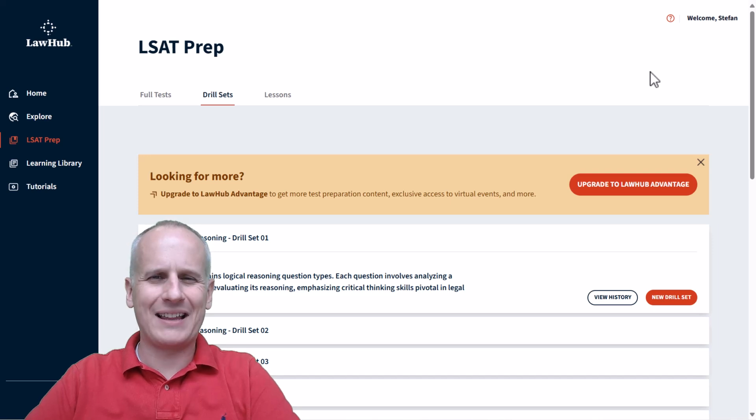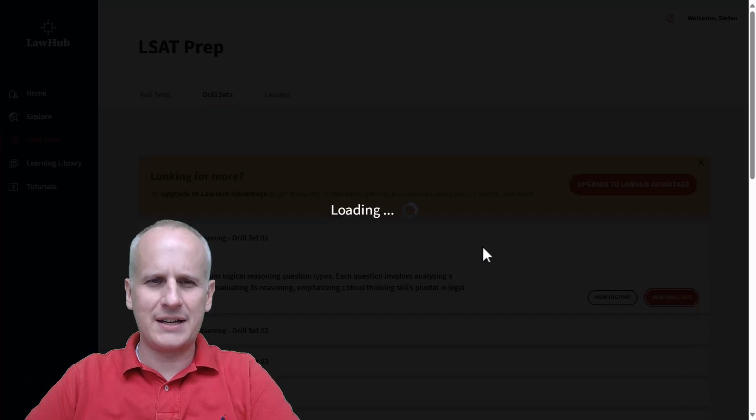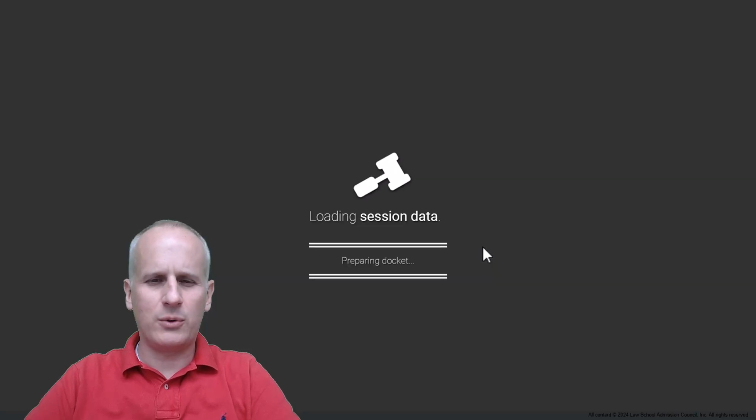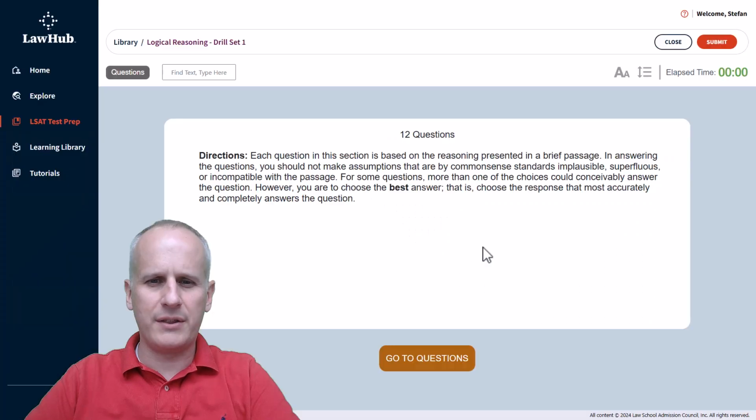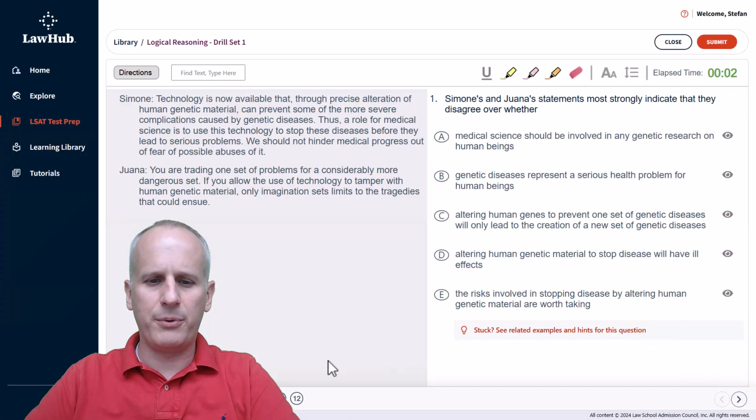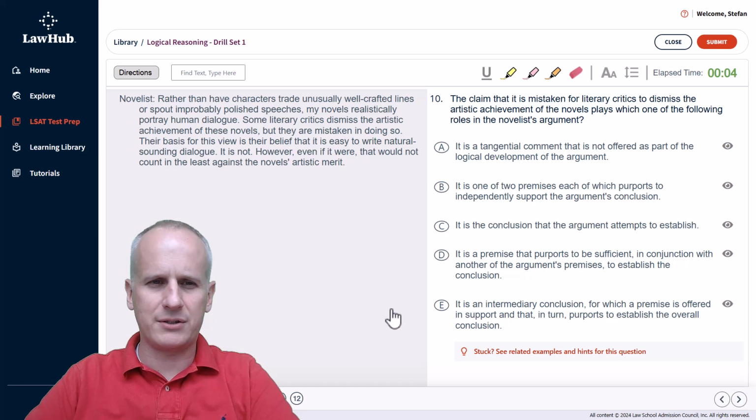Here we are back at lawhub.lsac.org, going to go into logical reasoning drill set number 1 and question number 10 to see another way that highlighting can help with even the most complex questions. So we just click through to question number 10, and as always, we're going to select the highlight tool